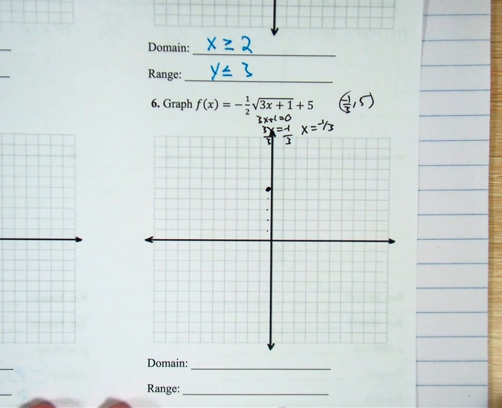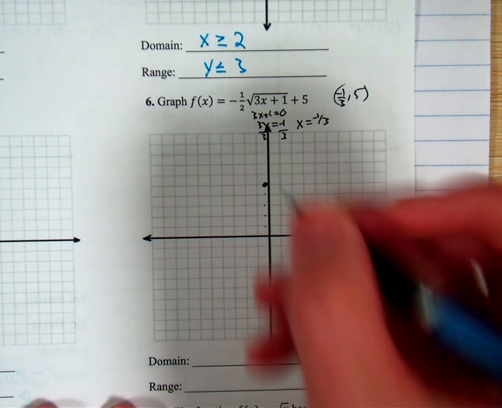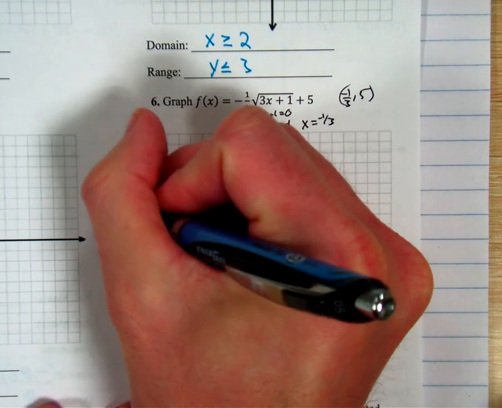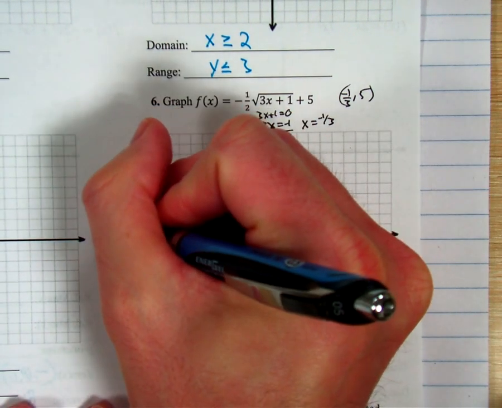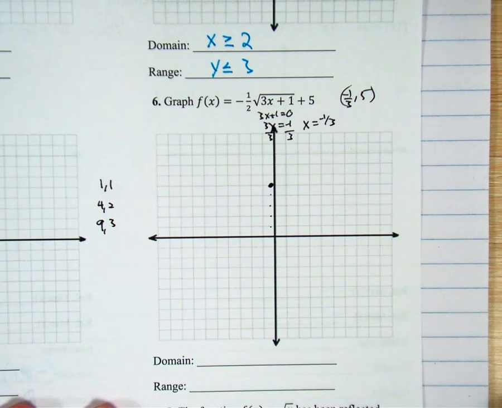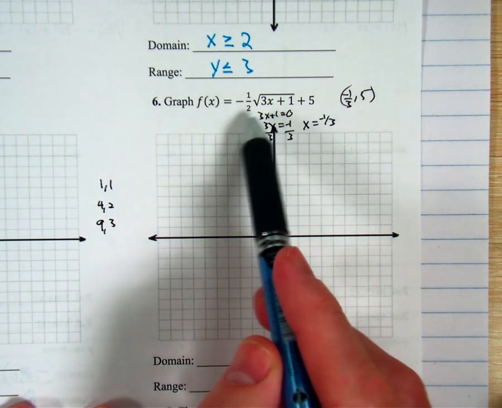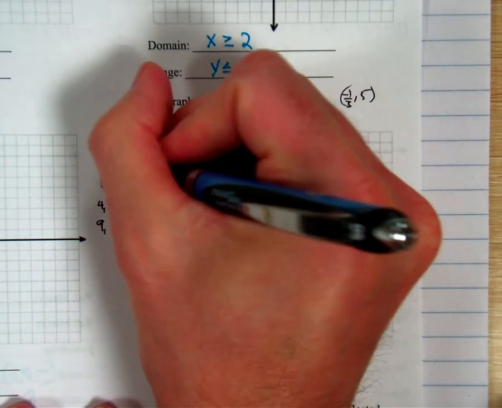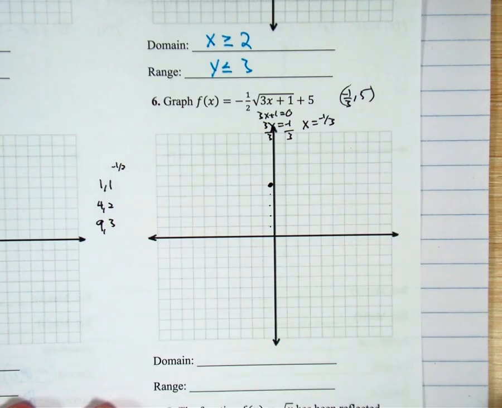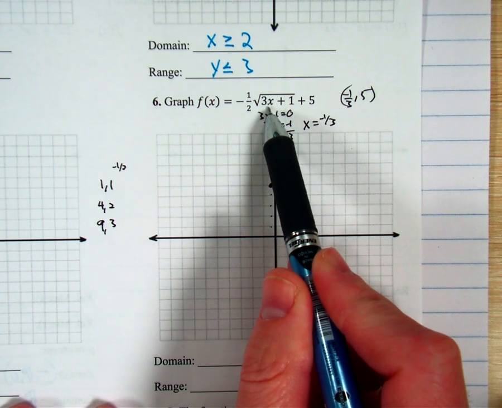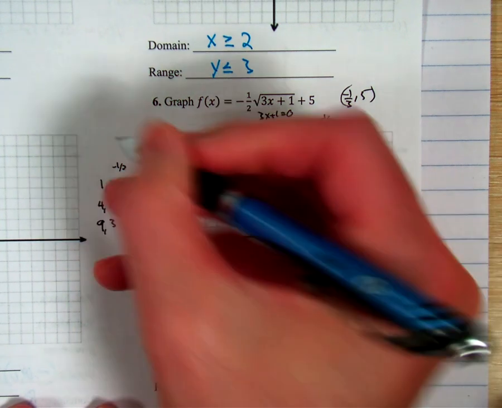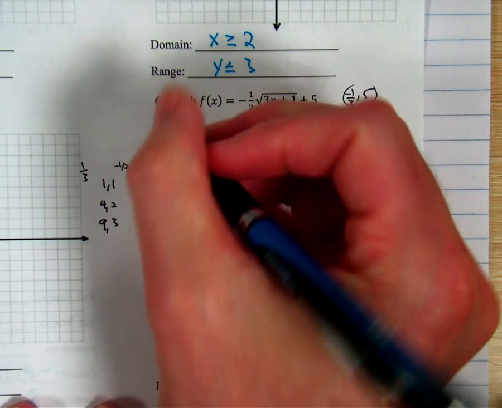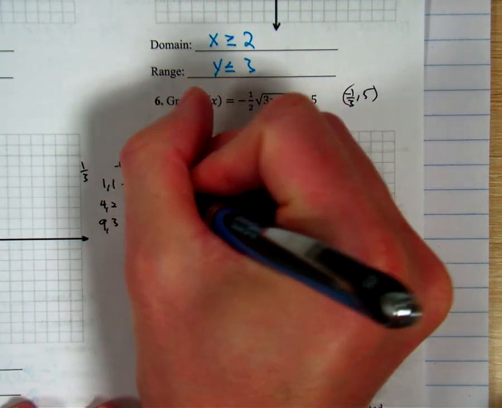Okay, now the complicated stuff happens. Okay, our normal points pattern is 1, 1, 4, 2, 9, 3. The outside multiplier goes to all the y's. So we're going to go negative 1/2 to all of those. The inside multiplier goes to all the x's, and we do the opposites. We're going to be dividing those by 3. Okay? So this one becomes 1/3 over,